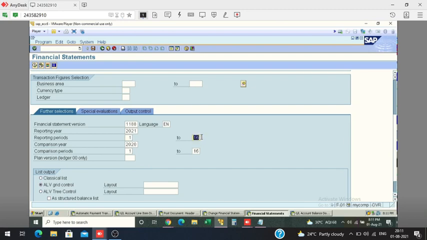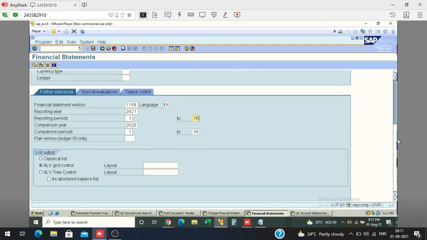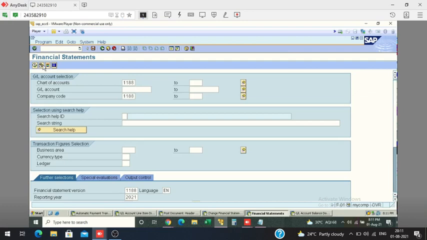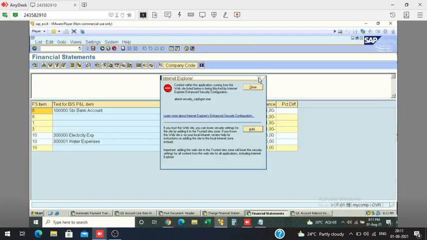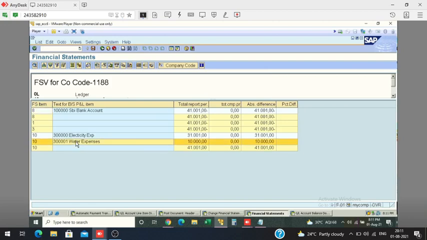If you have done some adjustment entry in a special period, that should also show here. So that's why 1 to 16. Now execute. Water expense is showing differently. So like this you can design your FSB.